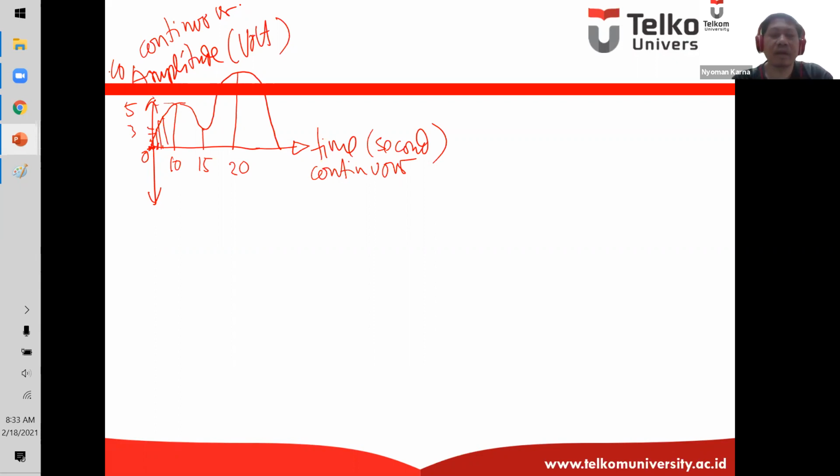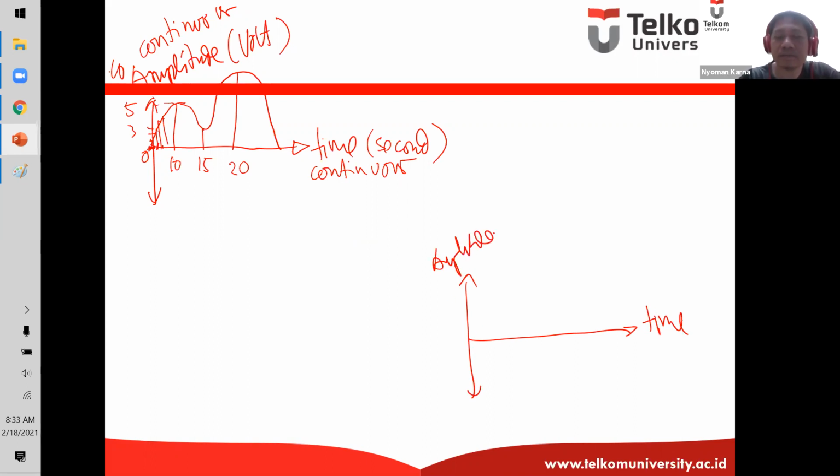Okay. Now, how about if we find something, a signal, something like this. This is the time domain, and this is the amplitude domain. We have a signal something like this.